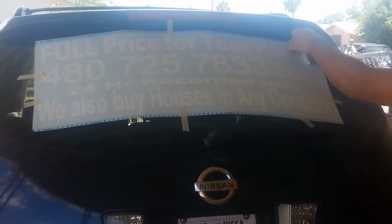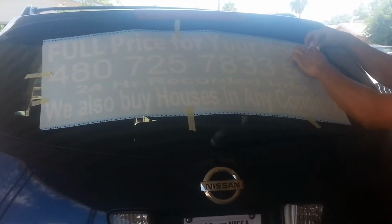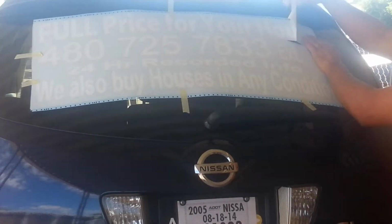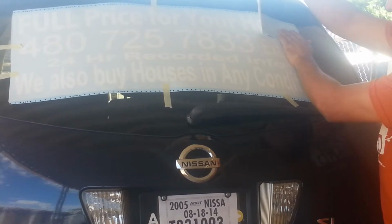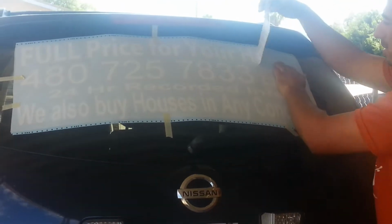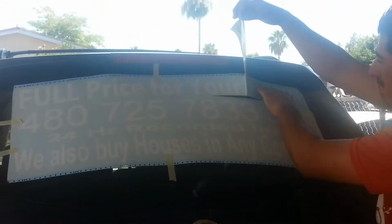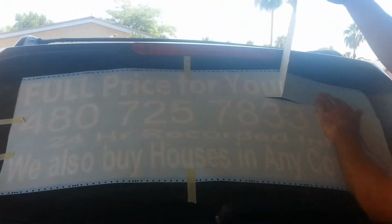The sticker should stick to it for the most part. Sometimes it doesn't, like in this letter. Anytime it's got curvature, you might have to come here and rub it and make sure that it's sticking to the transfer tape. Every time a letter is not picking up, as long as you pick up the front edge, the rest will follow. It doesn't always happen, but sometimes it does, and you just keep working your way through until you get to the cut on the back of this material,